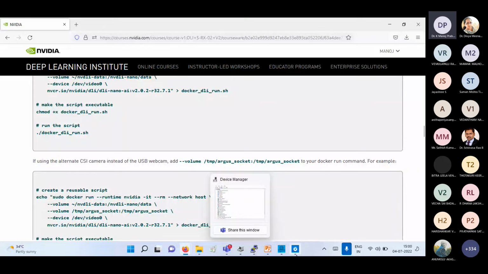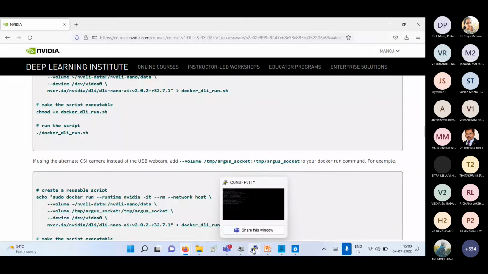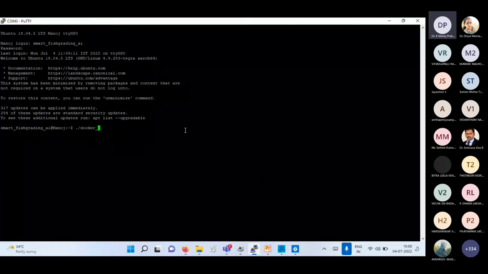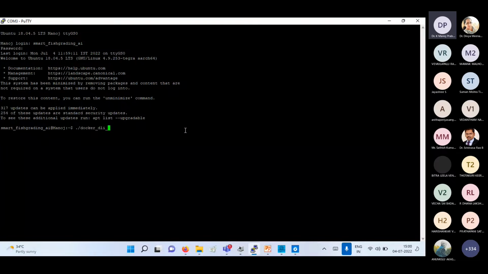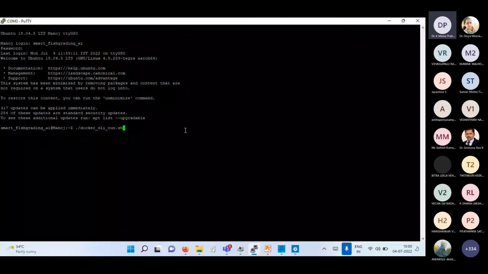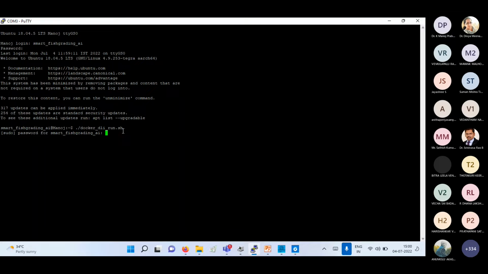So Docker, DLI_run.sh. I'm opening the run script file, and now it is open. When it runs, it will activate one portal link, with the program already predefined for the model. Let us start within a minute.